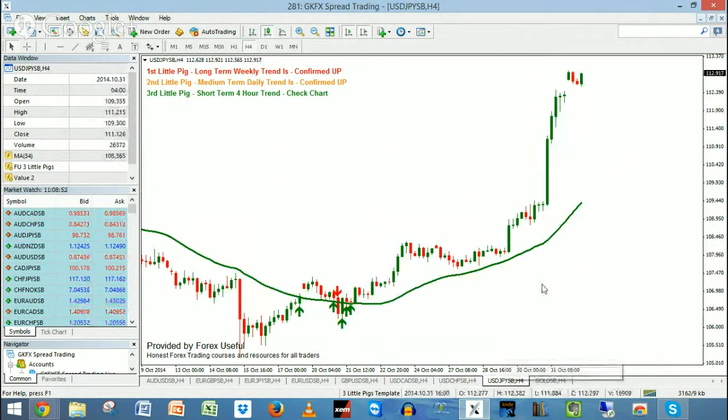The USD JPY, I covered this in the last 2 newsletters. The entry, I believe, was this candle close here, and we're up, I don't know, something like 450 pips or something. I've taken 25% profits up here. It does look overextended, likely to retrace a little. I'm not one to really take profits early, but with this kind of move, I just took 25% off the table,